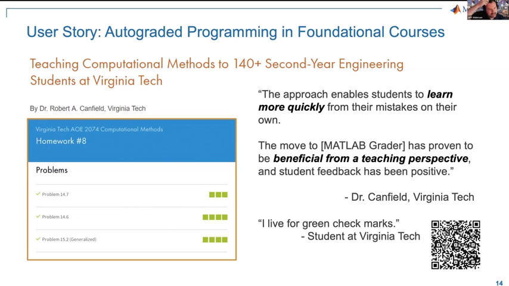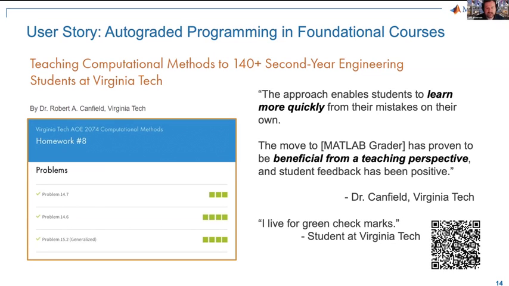Aerospace engineering is an example. MATLAB Grader is probably used in like 4 or 5 or 6 different courses on a degree pathway. And the reason that's important is students become familiar with the tool early on in their introductory programming courses. And then when they see the tool used again in their more advanced level courses in their degree programs, they're familiar with the concepts, they're familiar with the user experience, they're familiar with what it's like to be assessed in this tool. Consistency in assessment methodology across the degree program or across multiple degree programs aids in program evaluation, it